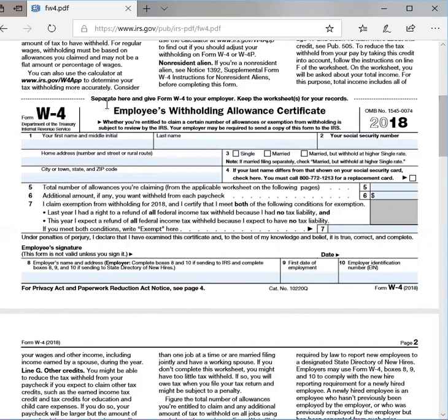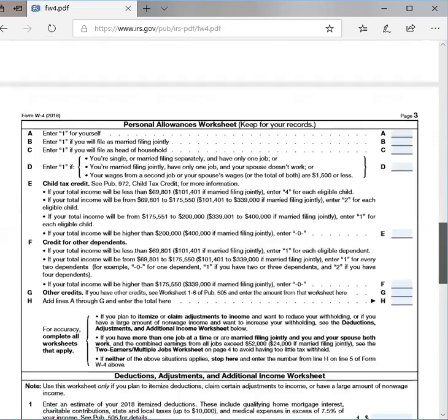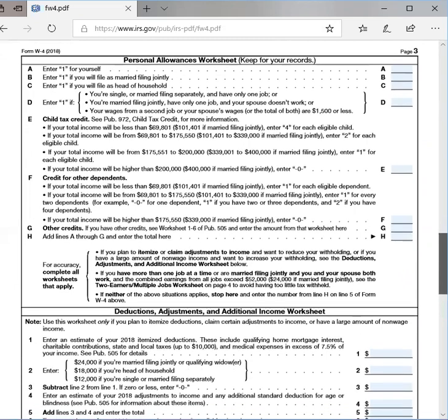They can fill out all this information, fill that out. But I'm going to focus on down here where it says your personal allowances worksheet. Okay, and you want to keep this for your records. So, A, right, we're going to start with A. It says enter 1 for yourself. Okay, so they would enter a 1. B says enter 1 if you will file as married filing jointly. Okay, you can put a 0